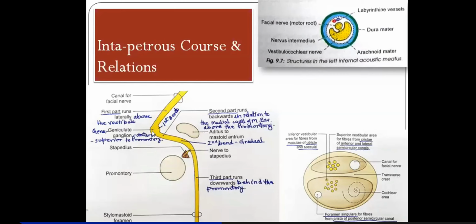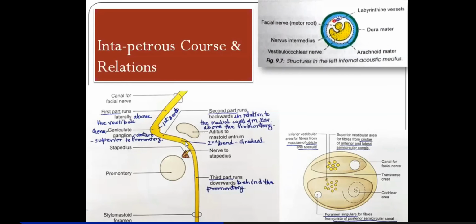And it's homologous to the dorsal root ganglion of the spinal nerves. Similarly, the Gasserian ganglion in the trigeminal nerve. And similarly, because it is also sensory, it has three sensory components. So the collection of the first order pseudo unipolar neurons, the cytons, they form this ganglion here. This is the geniculate ganglion.